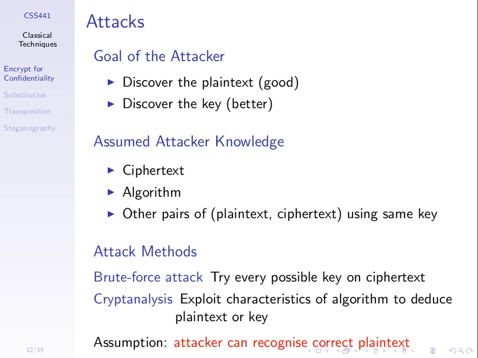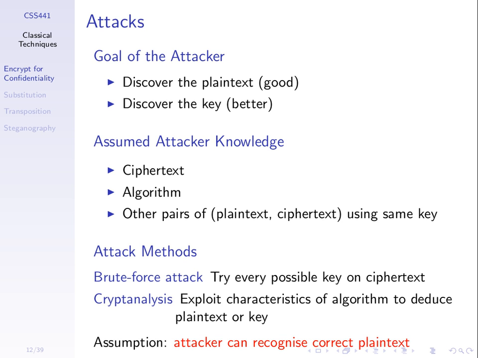The reason we assume that the attacker knows the algorithm is because it's quite hard to keep the algorithm secret. The algorithm must be implemented in software or hardware, and it's usually available for the attacker to get access to, or to at least predict what it will be. So in terms of security, we analyze assuming the algorithm is public, it's open.